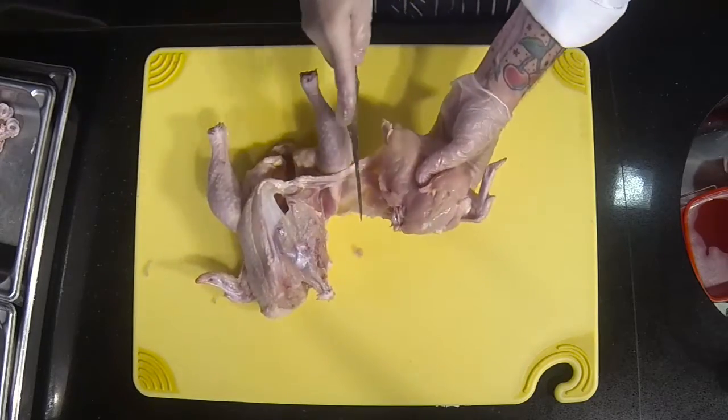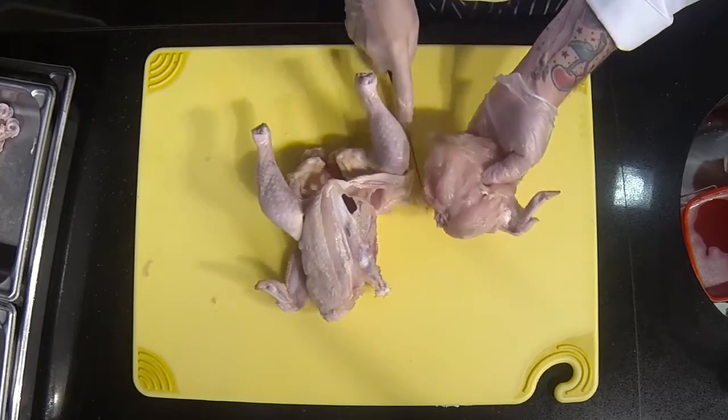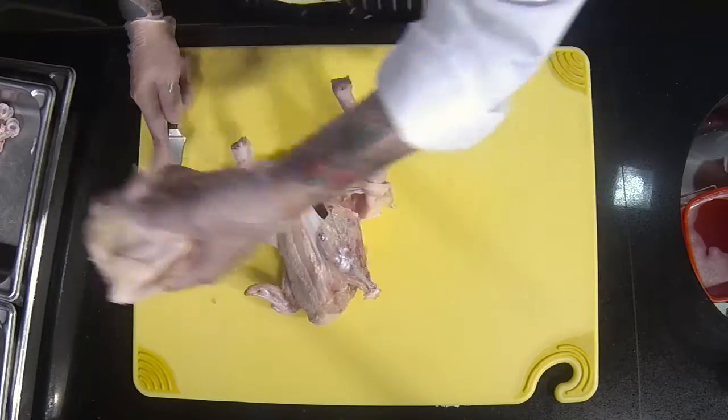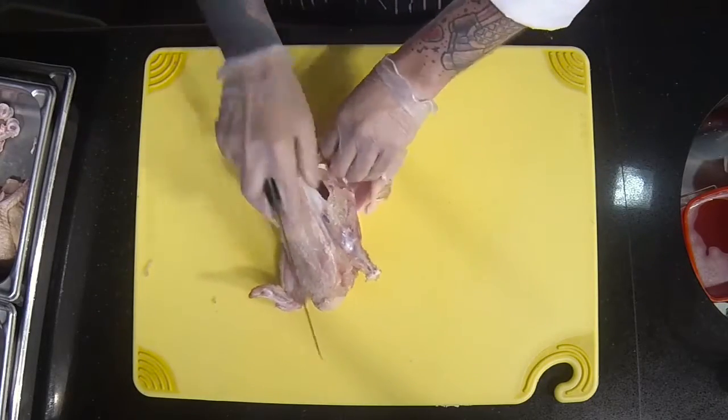Okay, so let's go ahead and take, and this is just skin, let's go ahead and detach that wing and breast from the carcass. That way it's not flopping around, and we can set it over there in the ice for the time being. The next step then is to